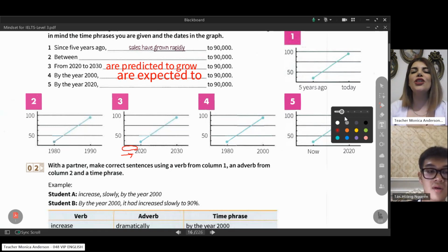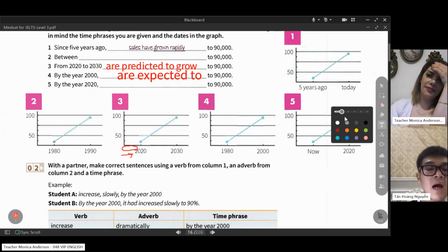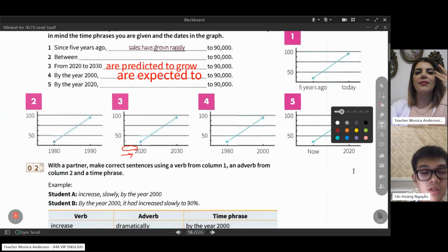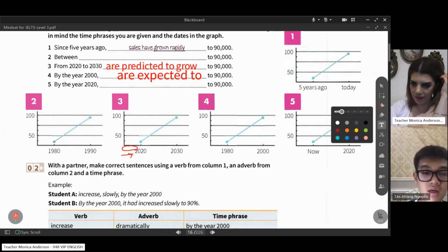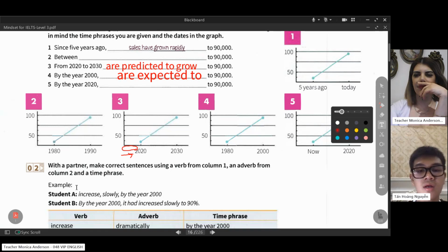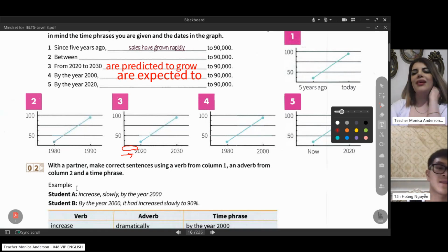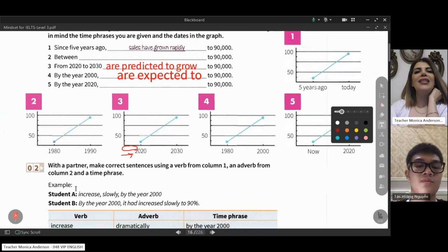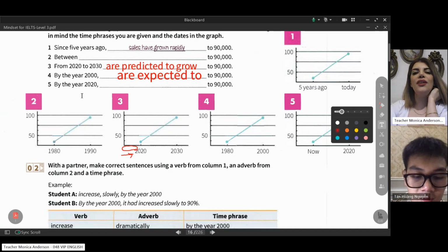So by the year 2000, sales had grown rapidly to 90,000. Very good, had grown. And now by the year 2020,